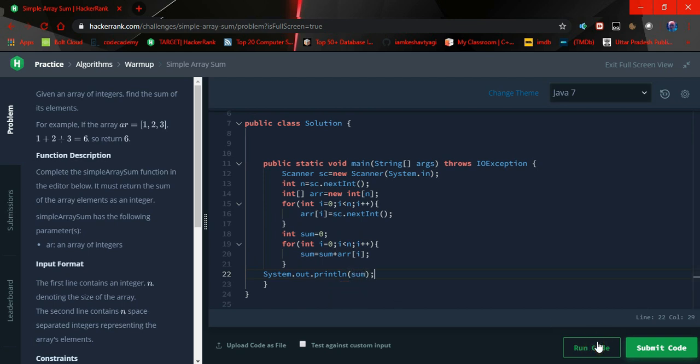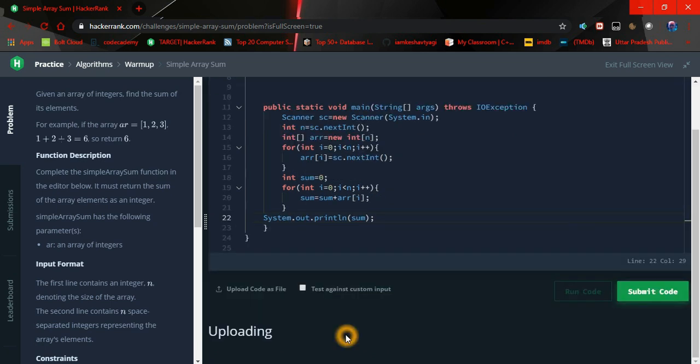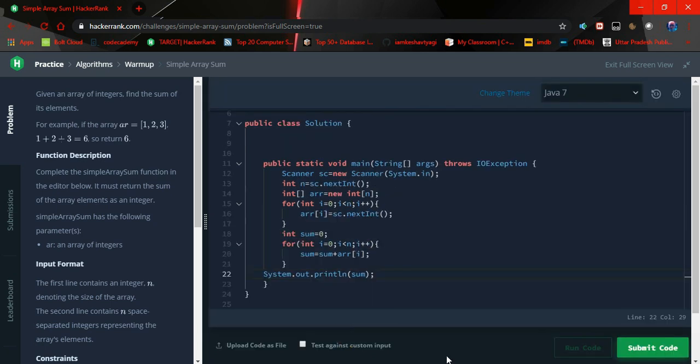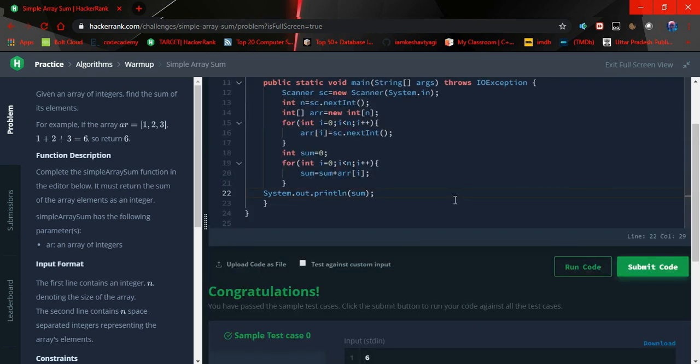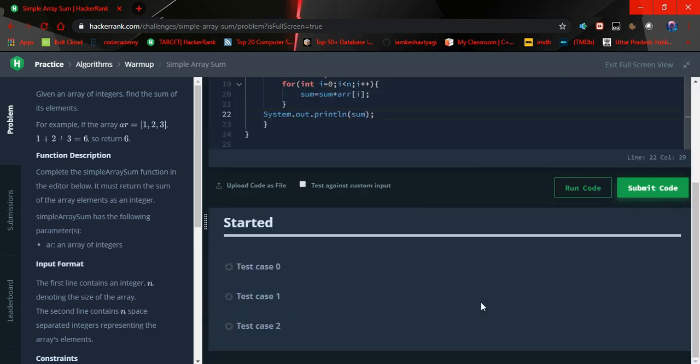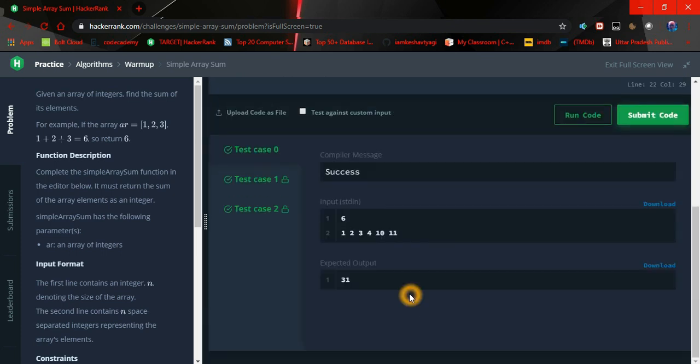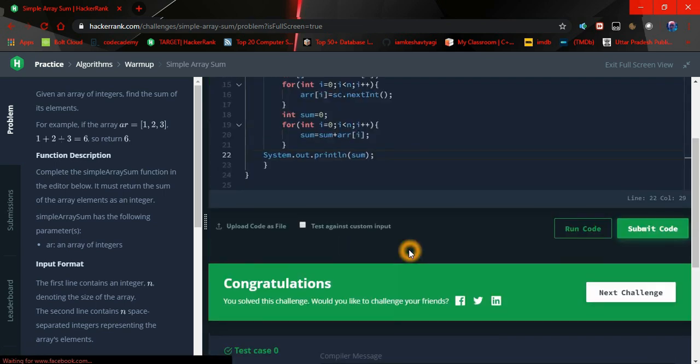That's the simple program. Let's run it. So the sample test case is passed. Now submit the code and see if all the test cases have passed. Okay, so all the test cases have been passed. So that's the simple program.